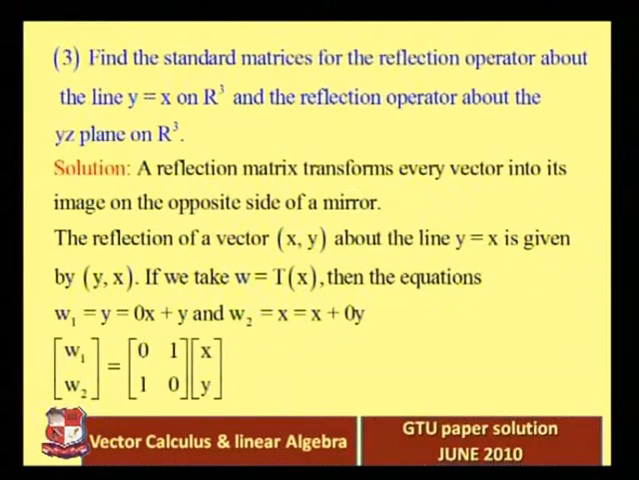A reflection matrix transforms every vector into its image on the opposite side of a mirror, right? A reflection matrix transforms every vector into its image on the opposite side of a mirror. So the reflection operator of a vector